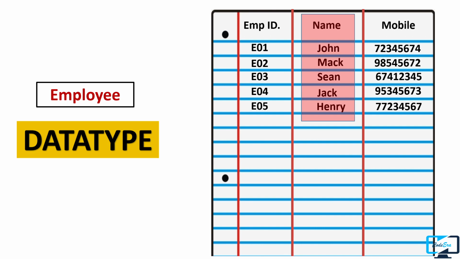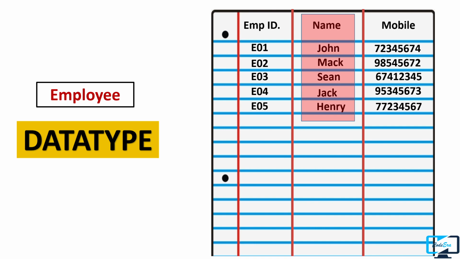So here we have to give some data type to this name column so that it only allows characters or strings. In the same way, the mobile column must store only numbers, not letters. So here data type plays a very important role, and we will discuss data type in depth in the upcoming videos. So this is the very basic concept of data type.